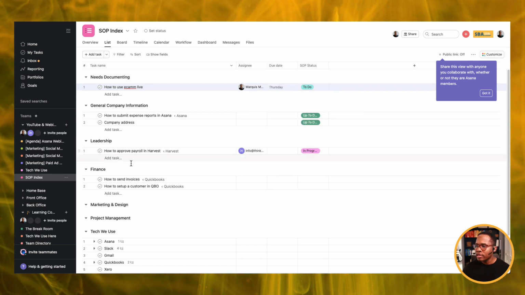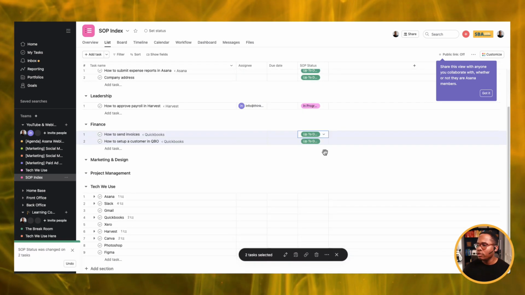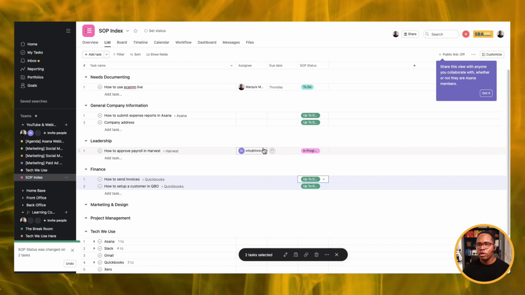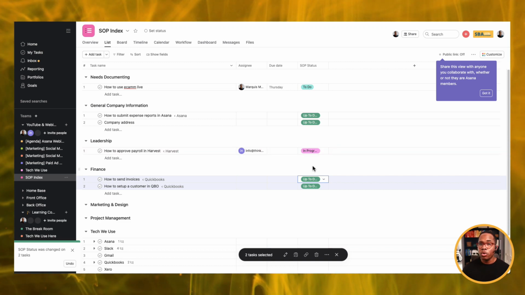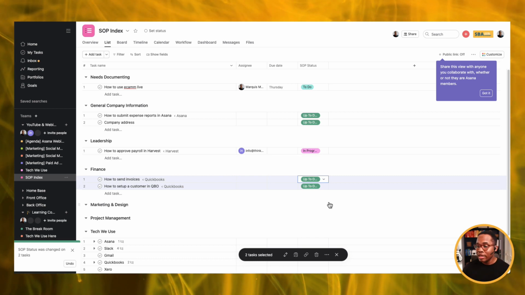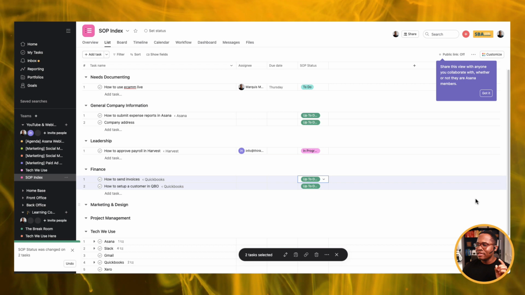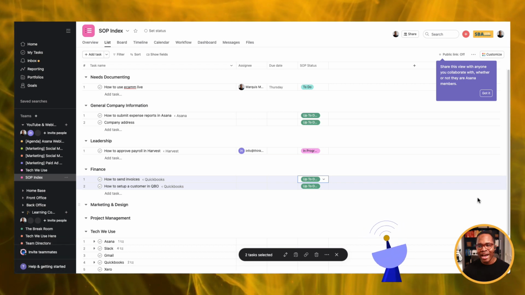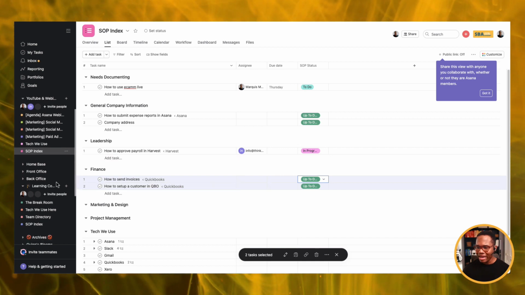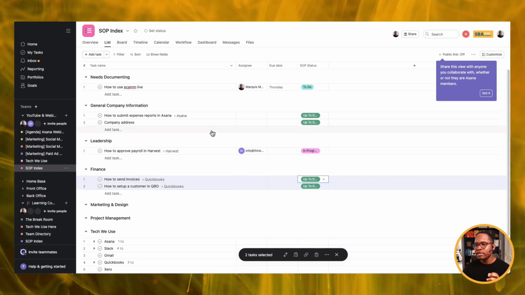And so over time, you'll just see that these all start to get updated, and you can really look through and understand at a quick glance what needs your attention, what's up to date, and where your SOPs are really at. And so I'm going to do one more quick thing because oftentimes the question is, how do we connect it to the work now? And so I don't think I have an example of this in here, but you can now take this, and